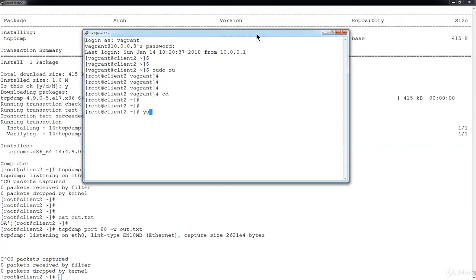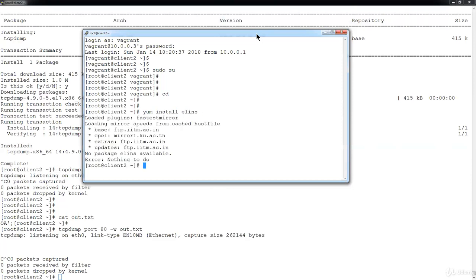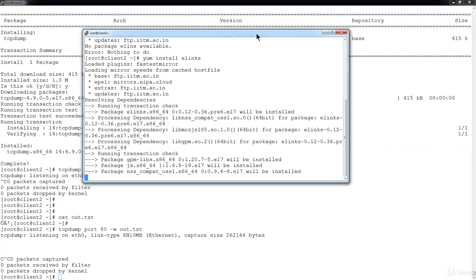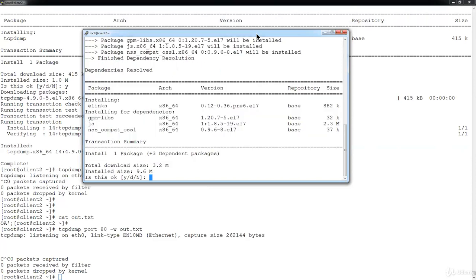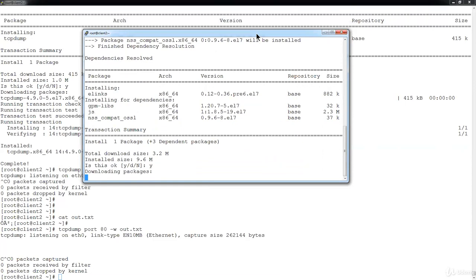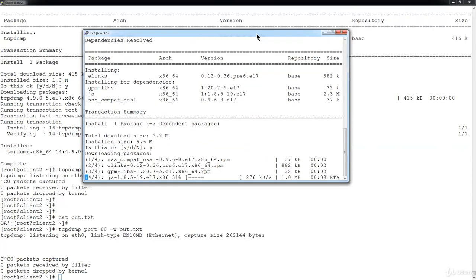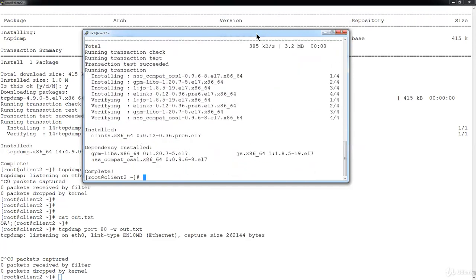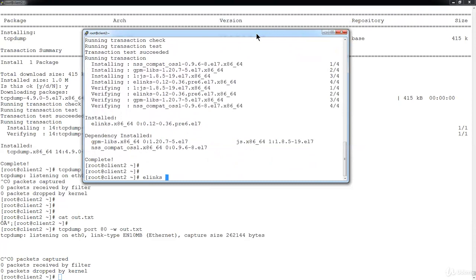So elinks is not available, this command. So yum install elinks. Oh sorry, it's a typo. So elinks is a text-based browser. Basically we can browse the site, but it will be text-based. We cannot get any graphics. So it got installed. Now let's run the command elinks